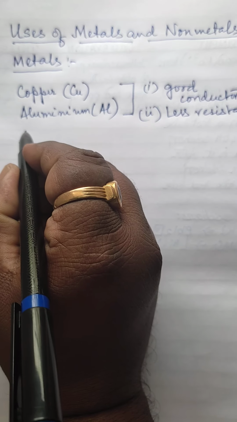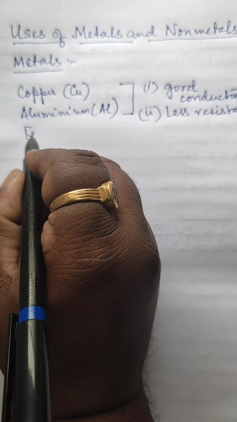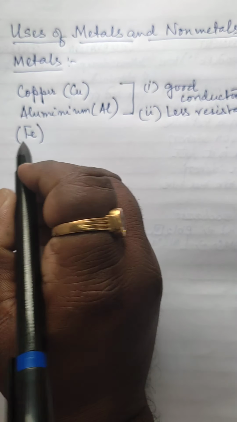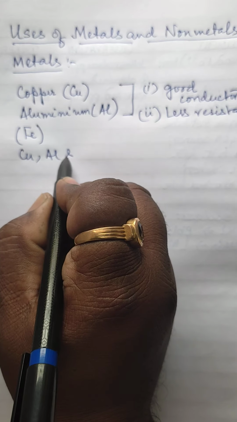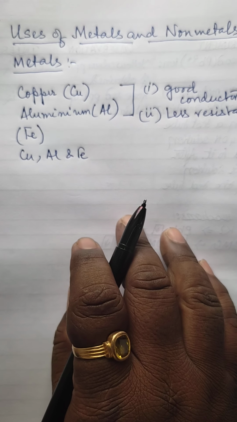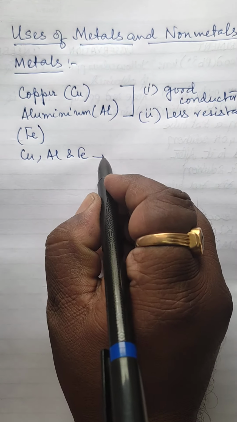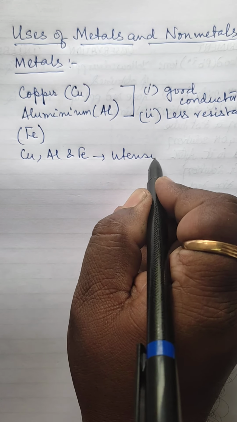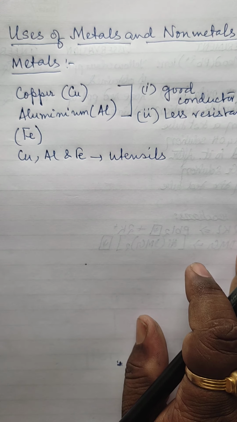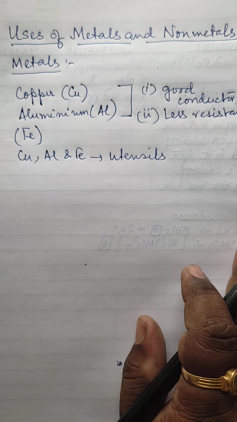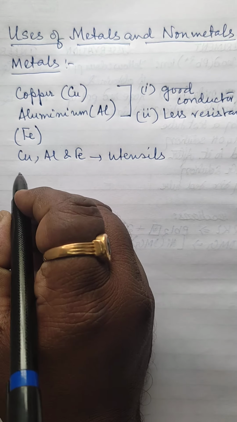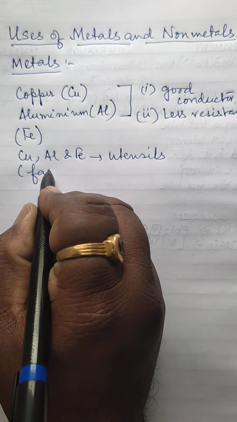Next, another metal we have is iron. The symbol of iron is Fe. Now both copper, aluminium and iron, they are used as household utensils. Why they are used as utensils? Because they have a tensile strength. Next is they are shiny. Okay. Another important thing is that they are used to make factory appliances